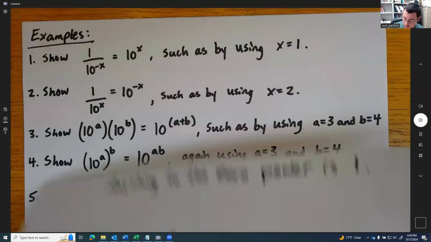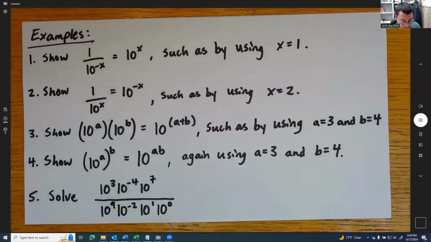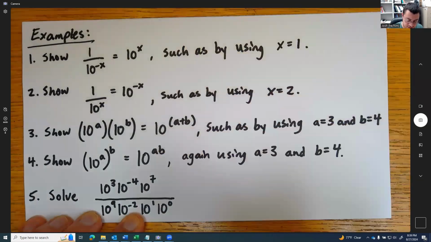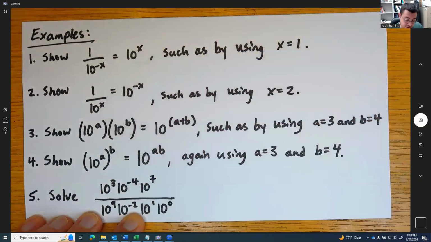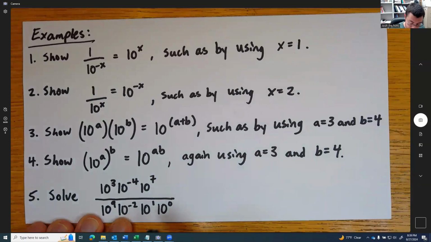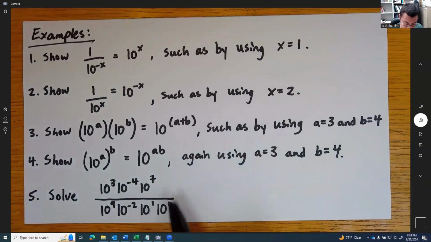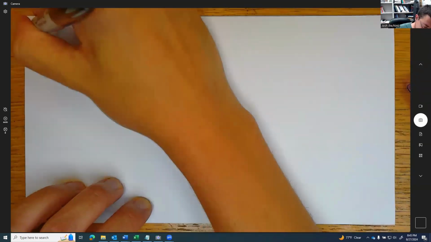All right, so for the remainder of this video, we're going to do some examples. The first 4 examples, I'm just going to be showing proof of how these different identities are true. And then we'll do our last example, just solving this crazy looking power of 10 problem here. All right, so for our first example,